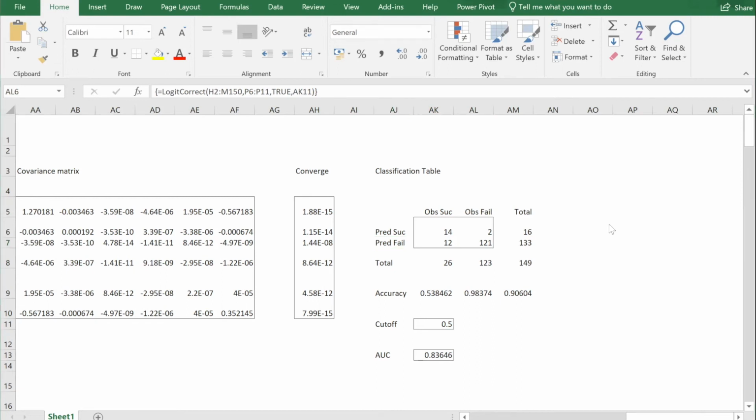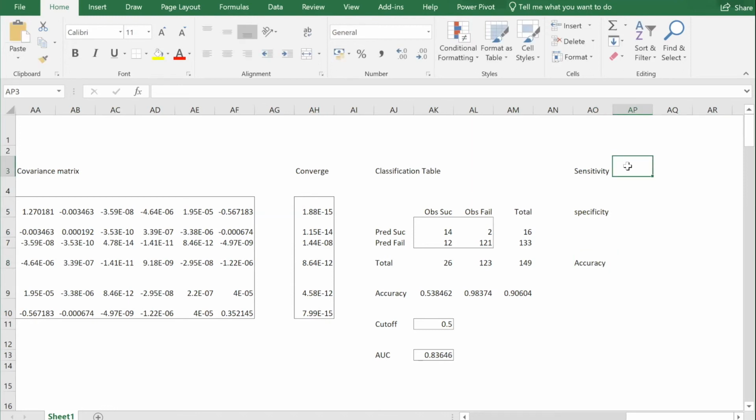In this classification table, we'll see how you calculate the specificity and sensitivity. We'll see first sensitivity, and then we also see accuracy.